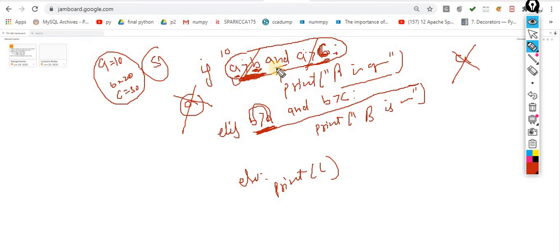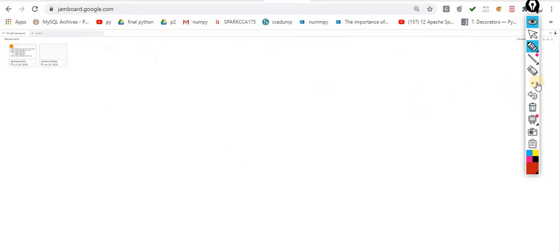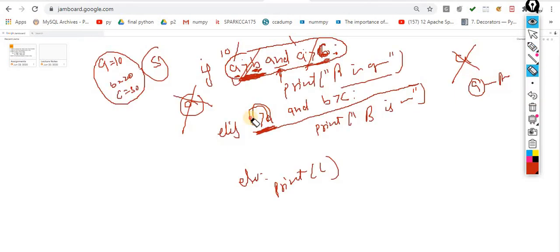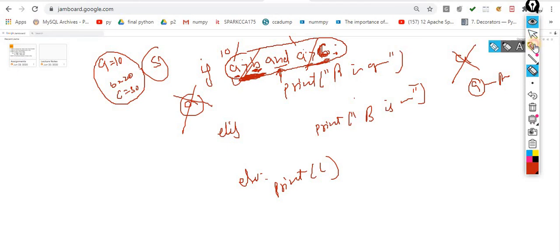I use this AND: if both conditions are true, I print A is greater. If one condition is false, it's confirmed that A is not the greater number in any case. So rather than writing this statement, what you can do, simple, is B greater than C. That's it. It will work fine.